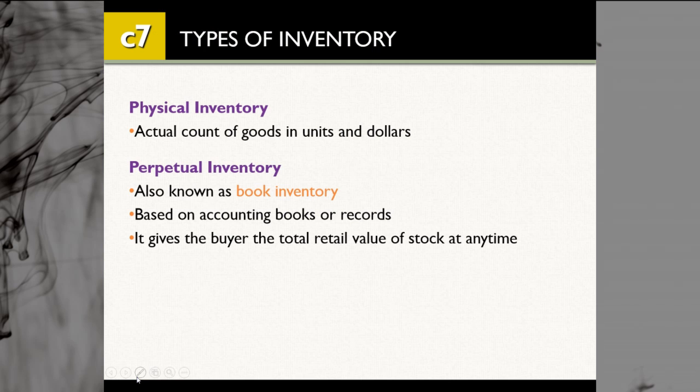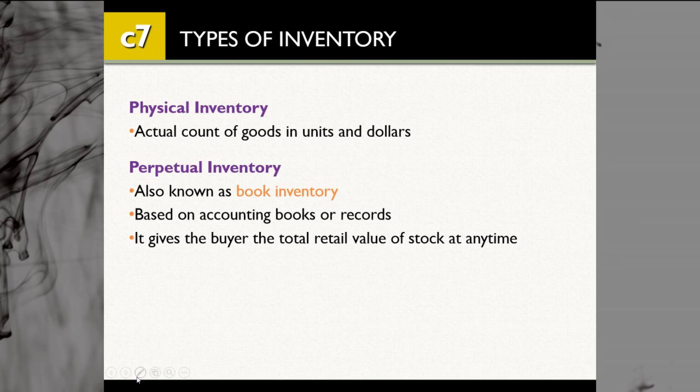So let's talk about inventory, and the types of inventory. What is inventory? Inventory is also called stock, so that's the merchandise you have. And you have to check this merchandise, your inventory, so that you can know how much merchandise you have and how much you can buy based on your inventory information.